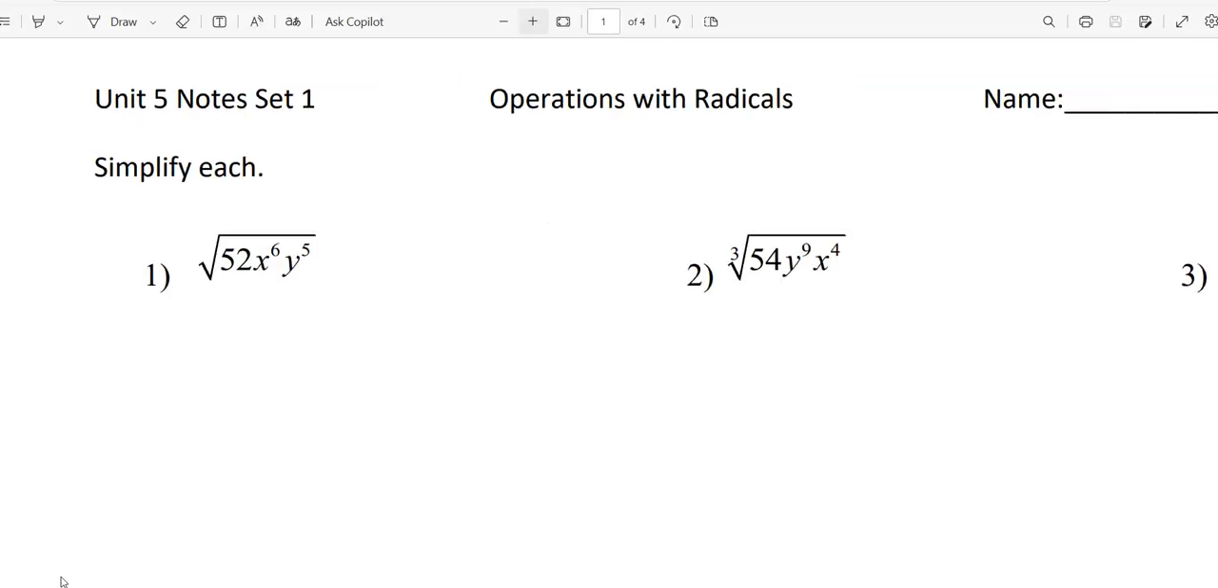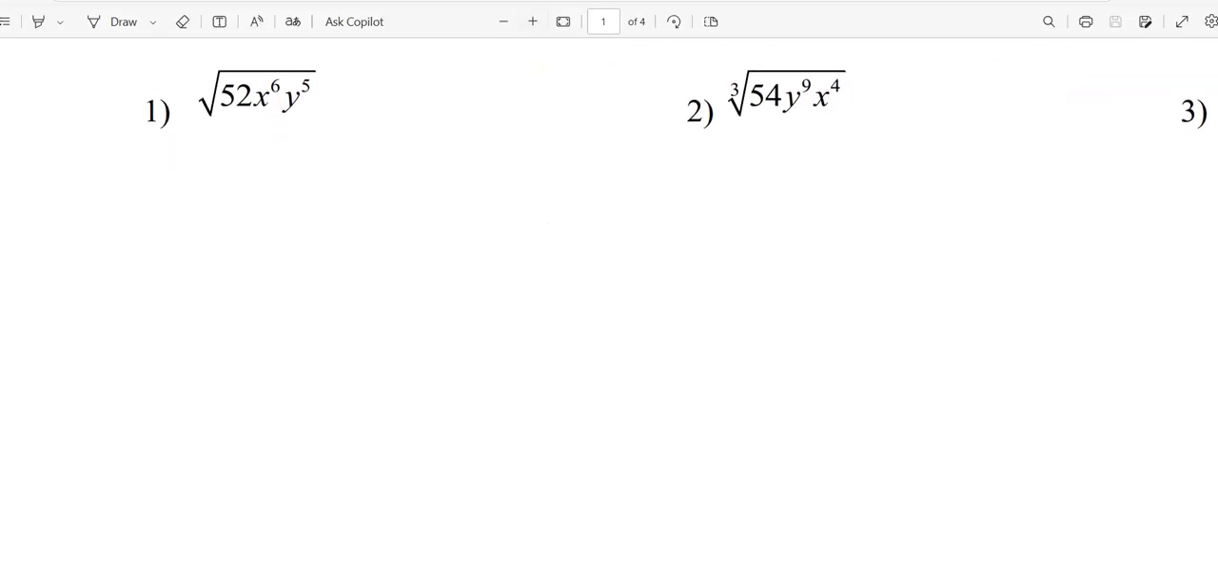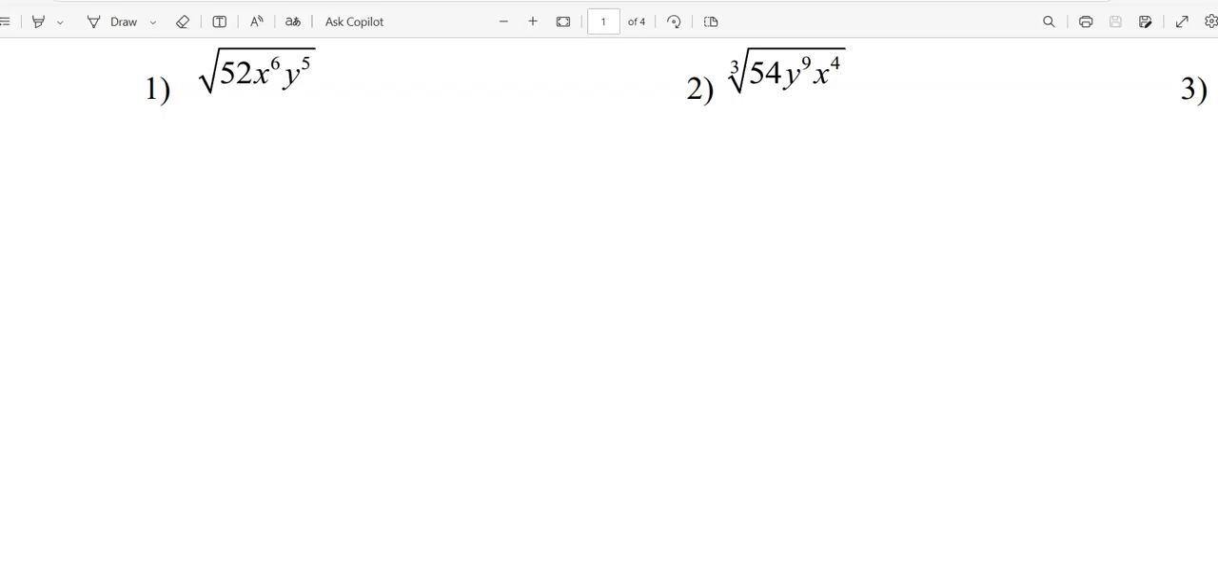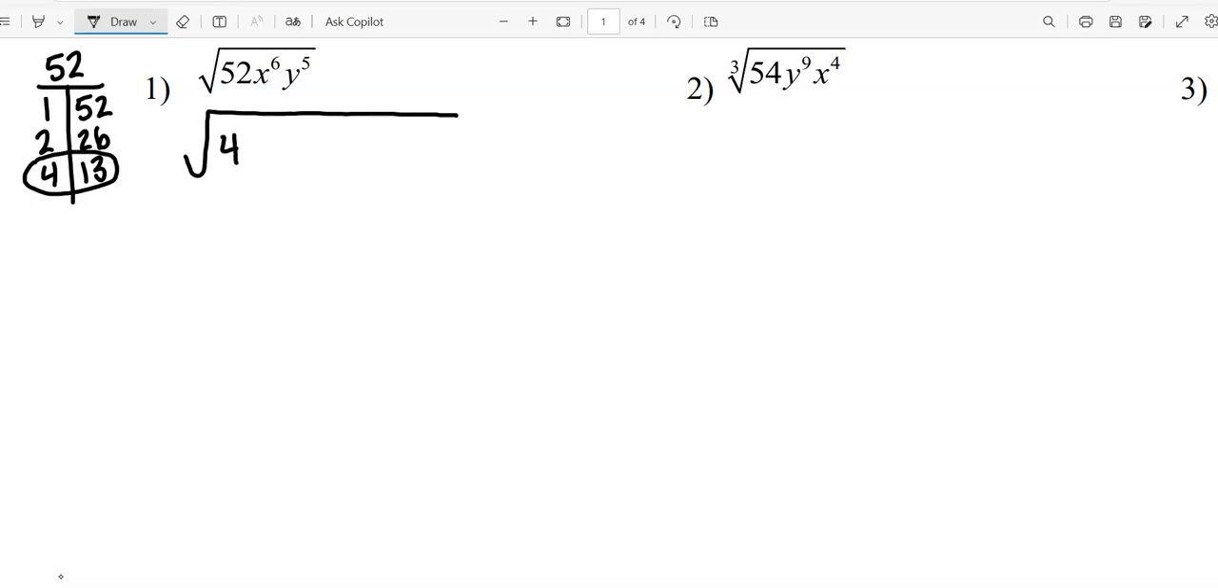For number 1, we're taking the square root of 52 x to the 6th y to the 5th. How could I start number 1? Find the factors of 52. What am I looking for? A perfect square. So 1 and 52, 2 and 26, 4 and 13. 13's prime. Even though 4 is on the left side, 13's prime, so that's the one that we want to go with. So we can say this is really the square root of 4 times 13 times,